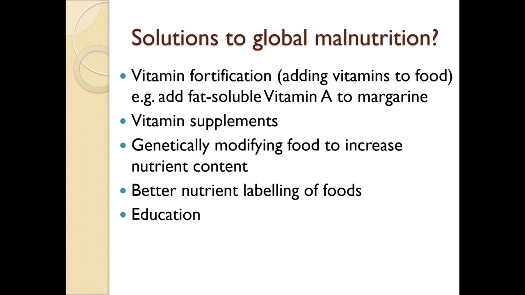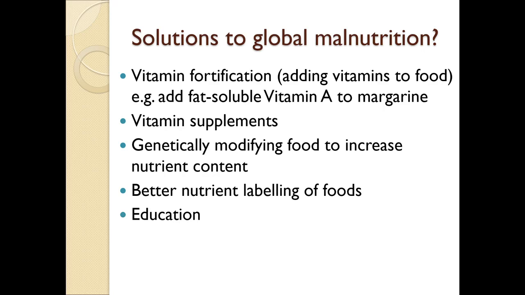So how do we overcome these problems of global malnutrition? One solution is to vitamin fortify your food. As I mentioned earlier, vitamin D is added to milk, vitamin A is added to margarine. To ensure that people get enough vitamins, your breakfast cereals are fortified with all kinds of minerals and vitamins. There are vitamin supplements that people can take to make sure that they get enough